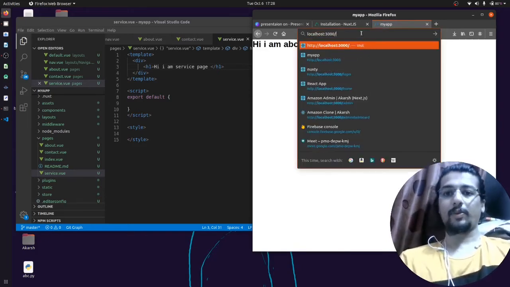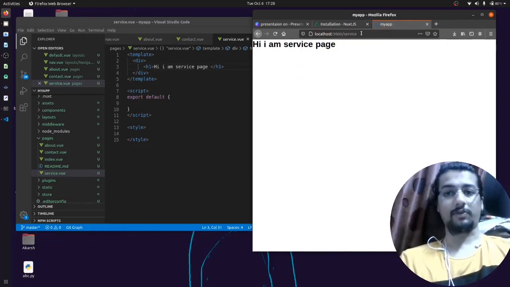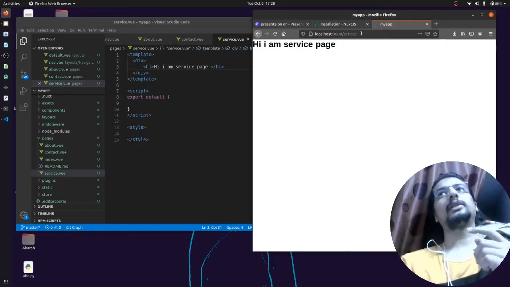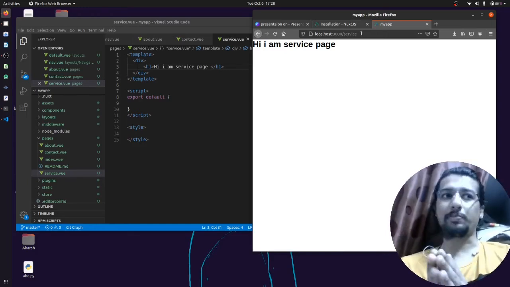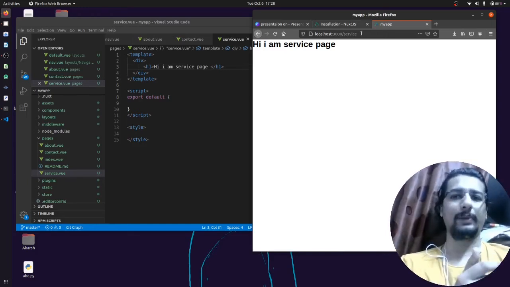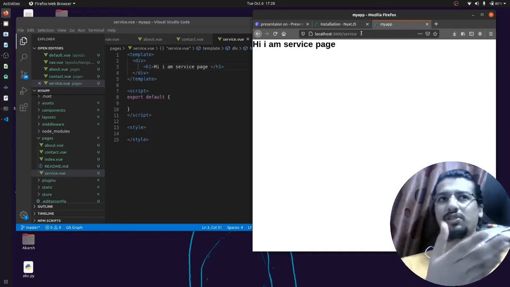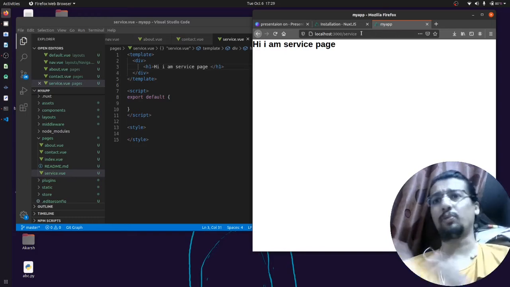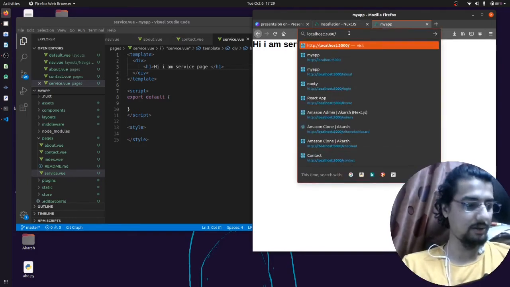Okay, slash service, "I am service page". Basically you can relate this to PHP: you just have to create the page and everything is handled by PHP for the routing. Slash home page, home.php is there. So this will do that.